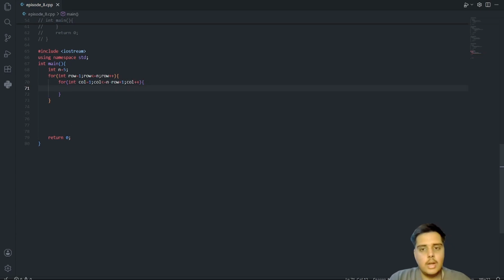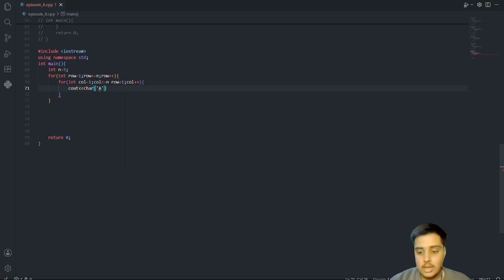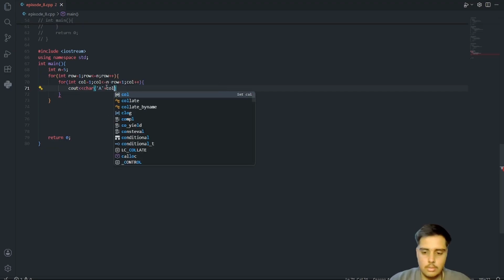And the thing to write inside this is cout, char 'A' in quotes, as we have done before, and after this we will say plus col minus 1.